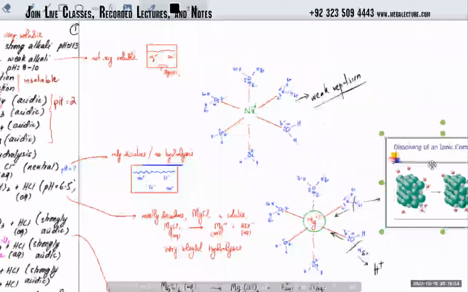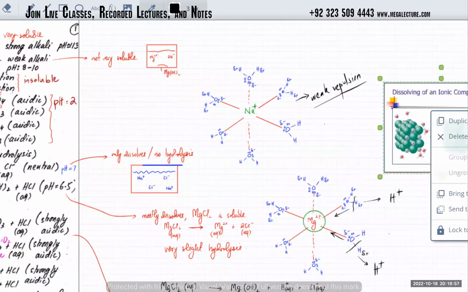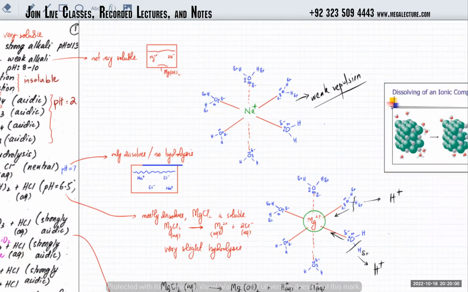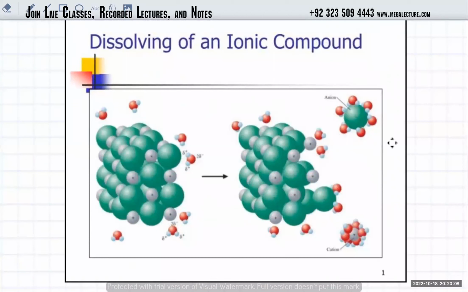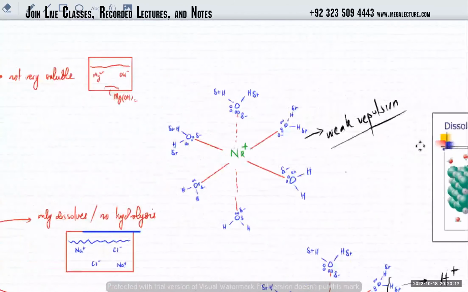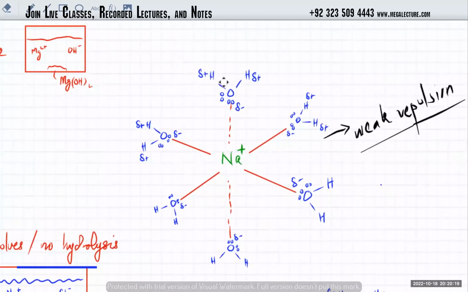The ions were all tightly packed, but now you're stirring it vigorously, so the ions get completely surrounded by water molecules. Not only do they get surrounded by water molecules, the water molecules actually get attracted to them, because water is a highly polar molecule. The oxygen is very electronegative, and it has lone pairs as well. So the water molecule has a very strong negative charge. That's called an ion-dipole attraction, this force of attraction. The word that's used for that is an ion